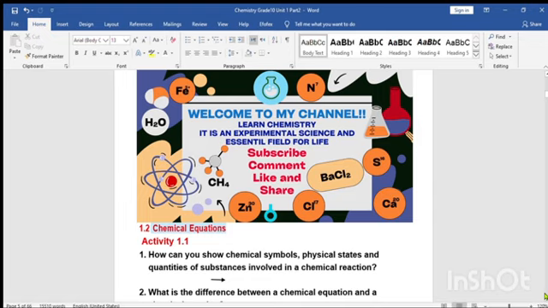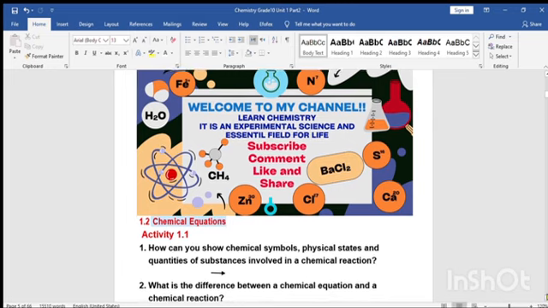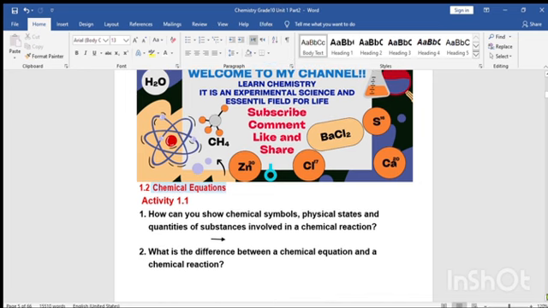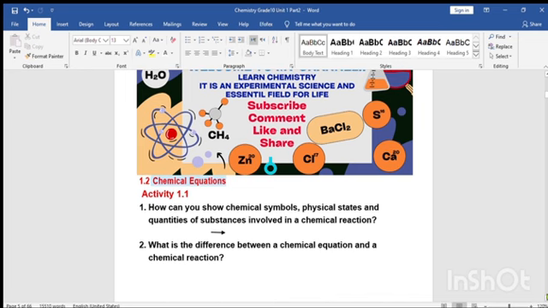What I'm going to explain today is about chemical equations. Under this topic, we'll see activity 1.1. Question number 1 says, how can you show chemical symbols, physical status, and quantities of substances involved in a chemical